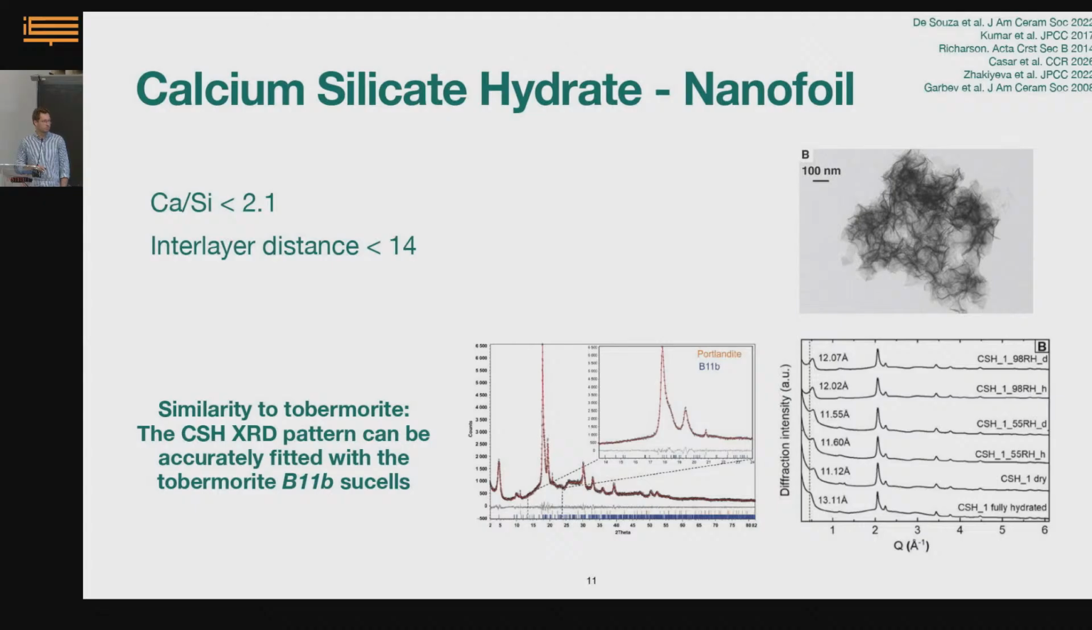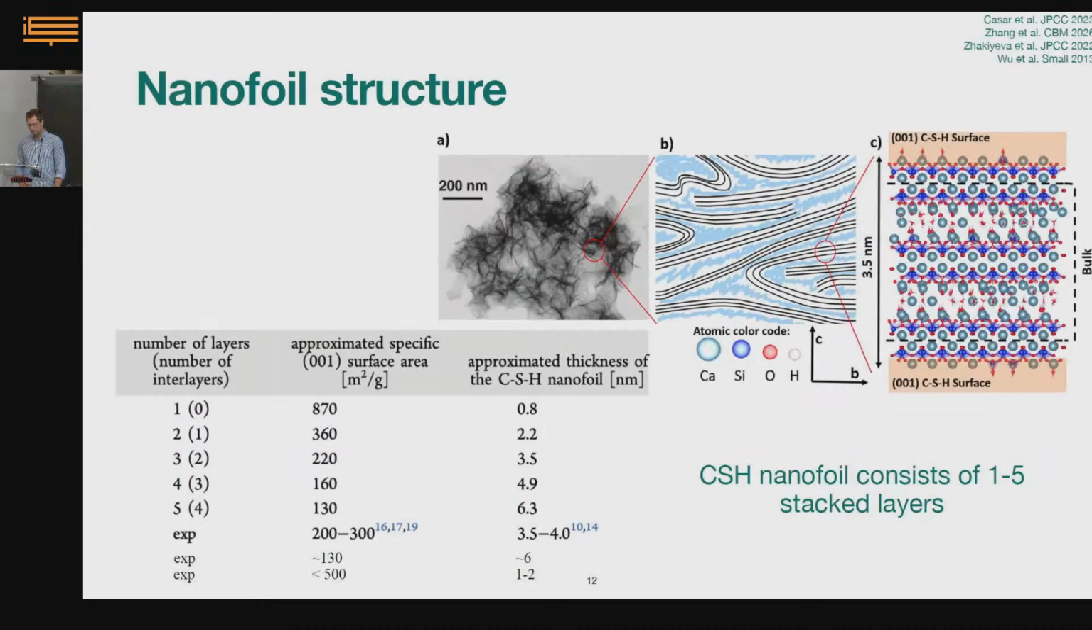And the fit is really remarkable. You fit all the reflections very nicely. So that's why it's the base. And the nanofoils by itself,